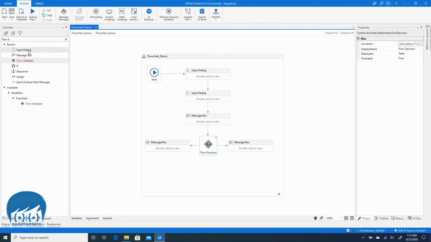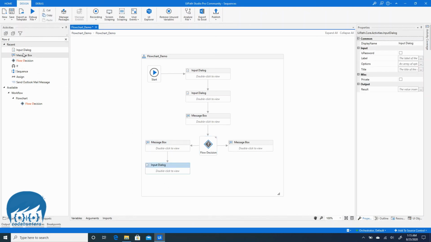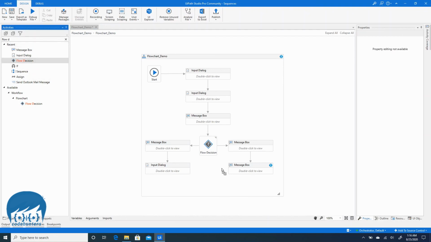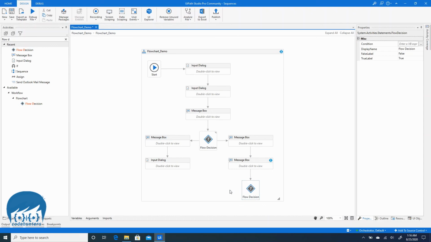So if I want, I can bring activities into both sides of this flow decision and use them in different parts of my processes. Also, I can connect this true part with the false side. Okay, now this flowchart will follow these paths where these arrows are going according to the condition. So from here we have changed one path. If you want, you can create another flow decision in between, like suppose here, and here also you can have two different paths. We don't need it, so we'll remove this.